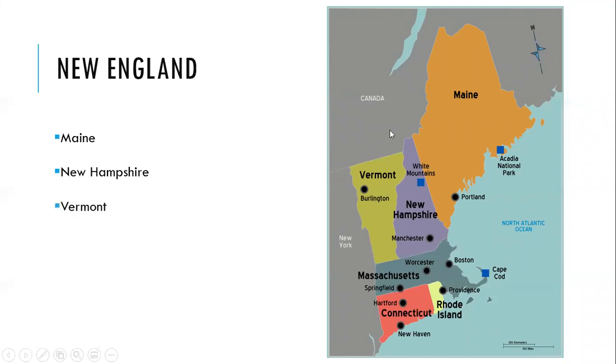Vermont, see, I have tricks, ways to help you remember things. It works for me. If it doesn't work for you, you can try something different. But Vermont, to me, it looks like a V, kind of. We need to kind of use our imaginations, but it looks to me like a V. So you've got Vermont with a V. Beside that, you have New Hampshire. It looks like New Hampshire, but it's pronounced shire, New Hampshire.